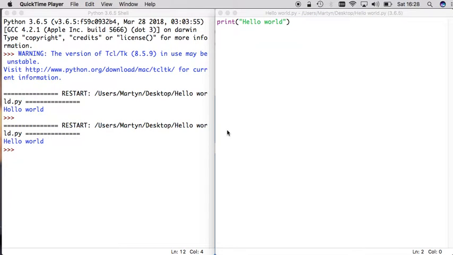Okay, so in the last lesson, last video even, I showed you how to set up Python using IDLE, and I showed you how to do a print statement, specifically a hello world statement, and hopefully you saw that this page over here is where we display stuff, and this page over here is typically where we write things. Now, there's obviously loads of things that we can do with Python, but for our purposes,